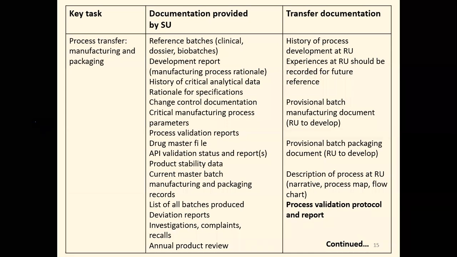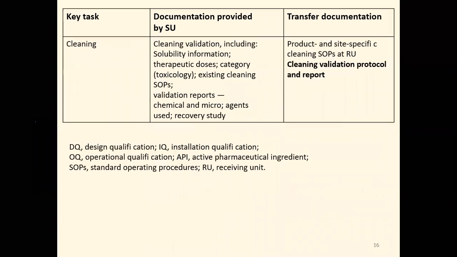So side by side with that, in the transfer document, what do we have to go with? We have to go with the history of process development at RU, then experience at RU, then a provisional batch manufacturing document, then a provisional batch packaging document, then description of process at RU, and it is called the process validation protocol and report. And when we talk about cleaning, the documentation provided by the SU for this is the cleaning validation,